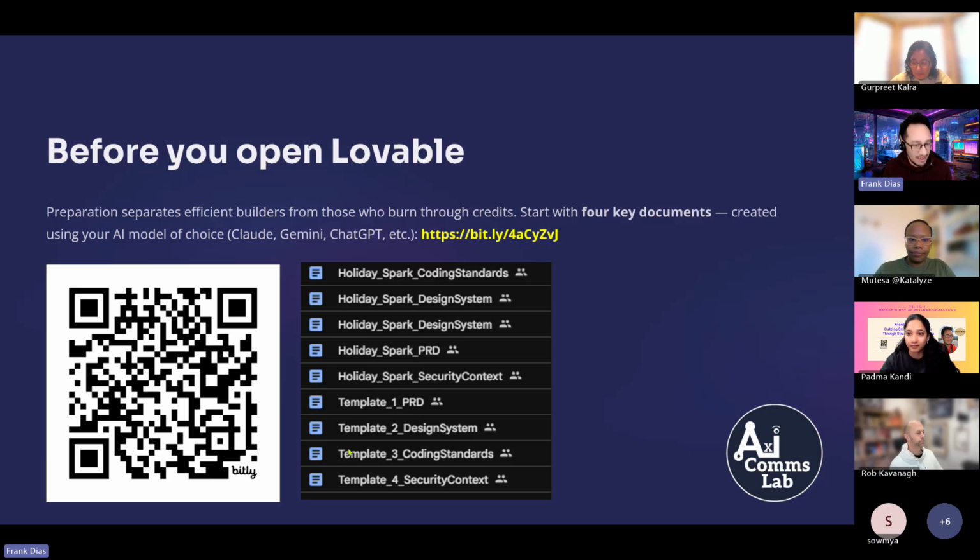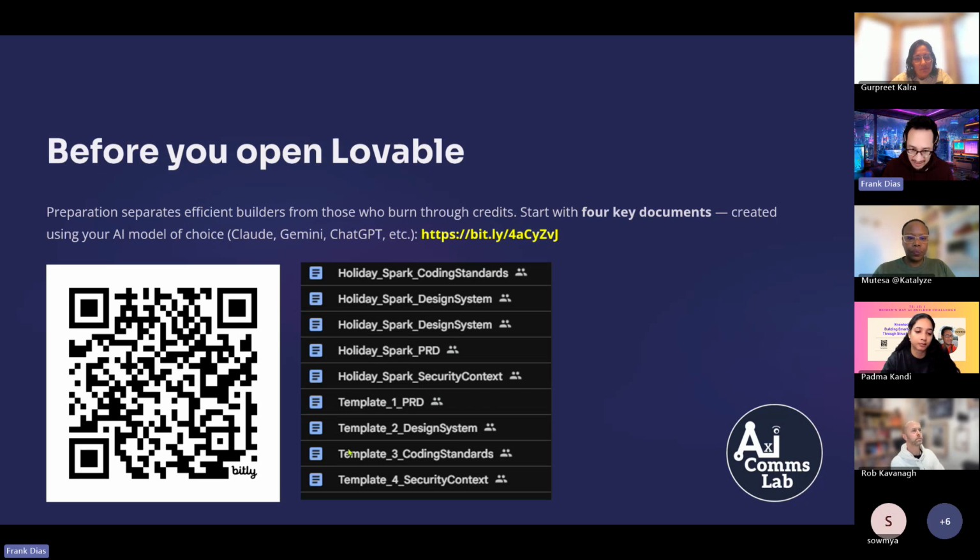Before you open Lovable, it's all about preparation. It's preparing all the efficient bits and pieces that you need so that you don't burn credits. The challenge sets about 75 credits in total, I think 5 credits a day. It's very easy to burn this the more you vibe with it. So I'm going to give you a few hints and tips about how to block it together and be smarter with your credit usage, and in particular your editing.